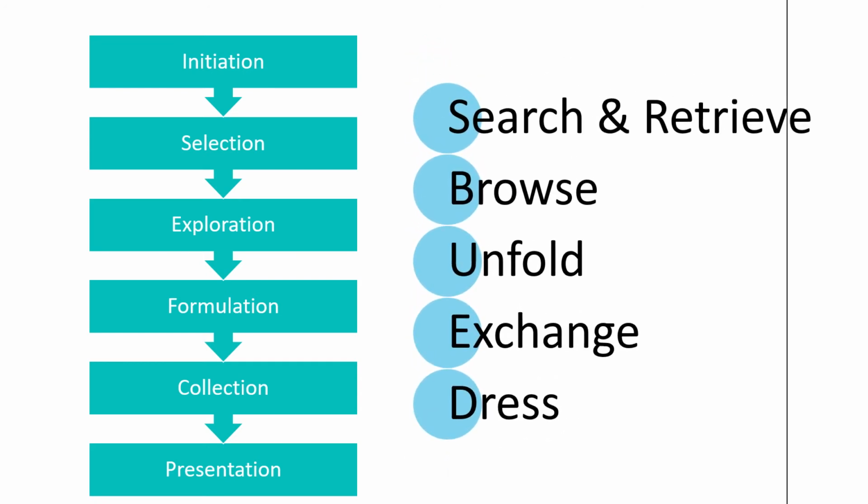While they are different types of models, we could think about the steps of Kuhlthau's process as involving several of the same activities as Hector's model. Moving through Kuhlthau's process is likely to involve an iterative use of search and retrieval and browsing activities, unfolding activities such as reading and listening, exchange of information with instructors and classmates, and addressing activities like note-taking and summarizing. It may not really include other activities in Hector's model like monitoring and publishing, since it's focused on elements related to search.